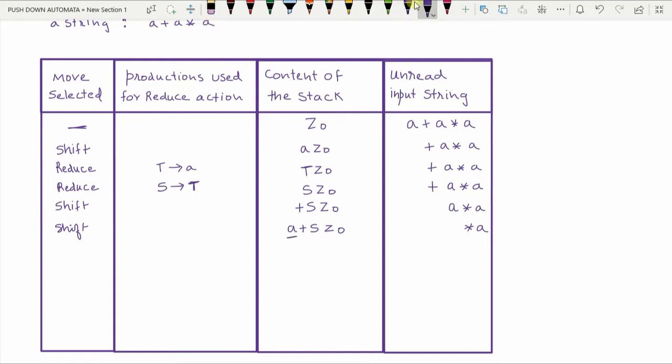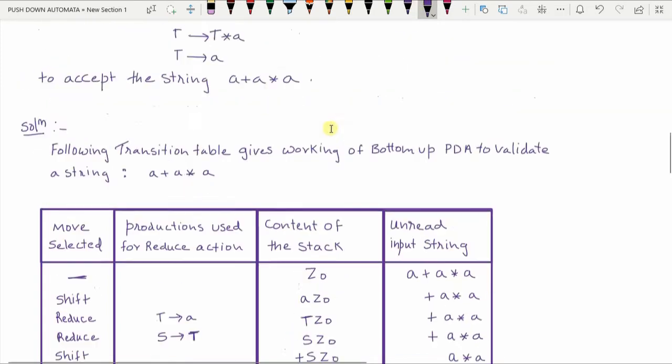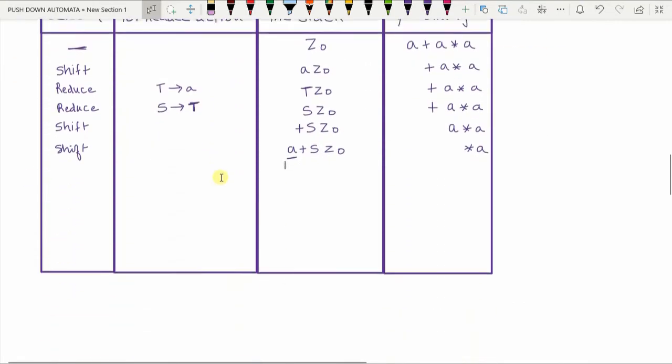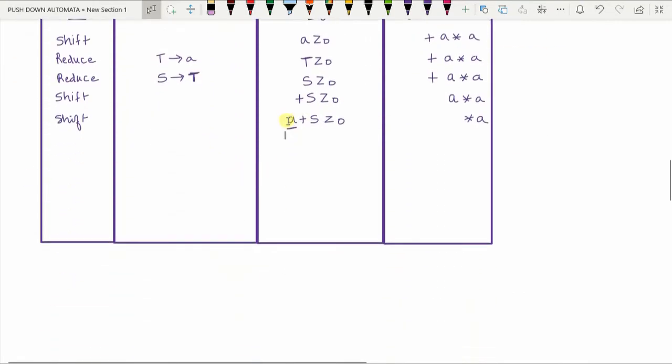Is A on the right hand side? Yes, there is a production T gives A. So this A can be reduced. I will use a reduce action. I will be using the production to reduce T gives A. So A, which is there on top of the stack, now I'll be replacing it with T. It will become T plus S Z naught, and the unread input is into